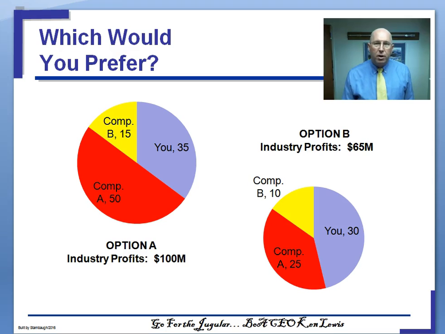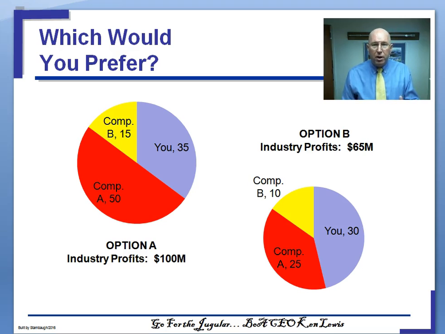So that's option A. Well, would you prefer instead option B? In option B's case, what has happened is you've not been happy with option A. You've determined that company A has a market that you are not competing aggressively in, that turns out is their profit sanctuary, and they're making a lot of money in that particular market. So you chose to go and launch an attack into that market with some aggressive promotions. You significantly expanded your market share at the expense of competitor A, who felt compelled to match your promotions, cut their price. Now what was very profitable for them is no longer very profitable for them,